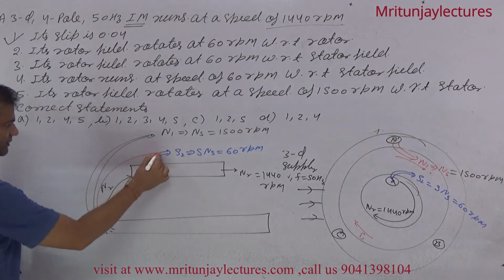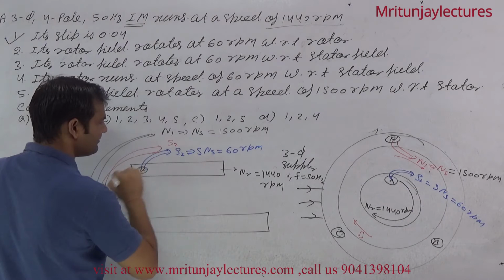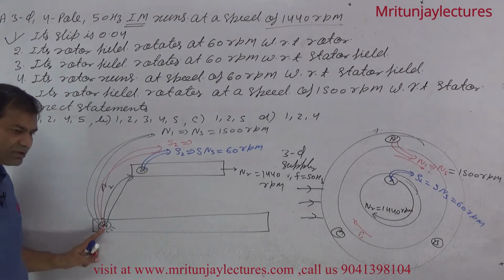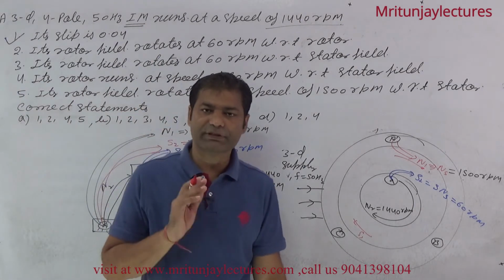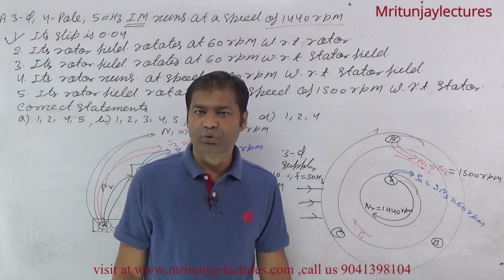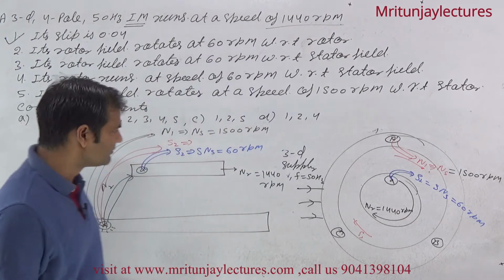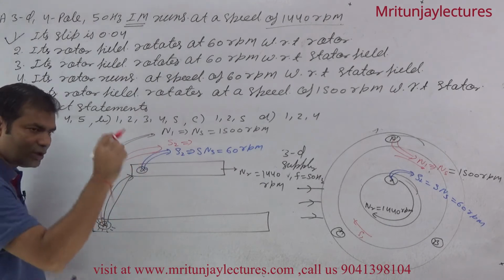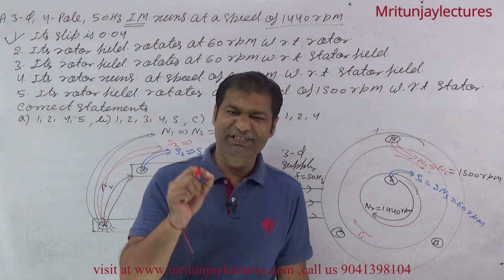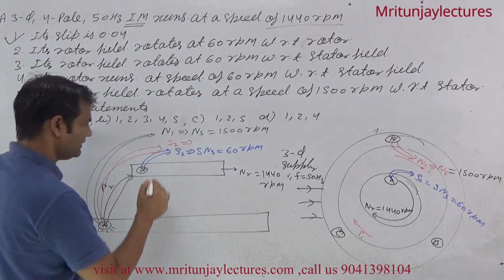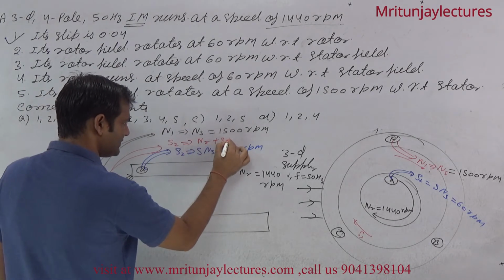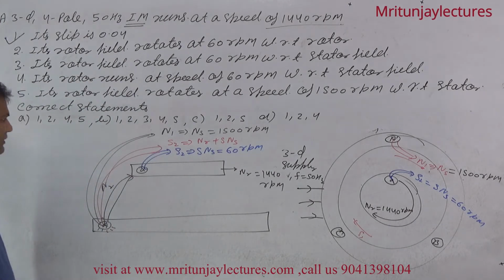We are focused on this one, S2. Clear? What about S2? S2 is written as: if you sit on the stator, you see the rotor magnetic field with respect to the stator winding. That is the speed of the rotor winding plus the speed of the rotor field with respect to the rotor winding, that is NR plus SNS. Clear?